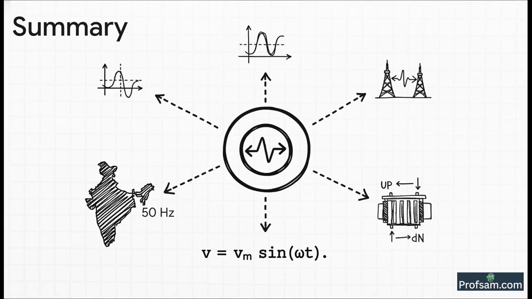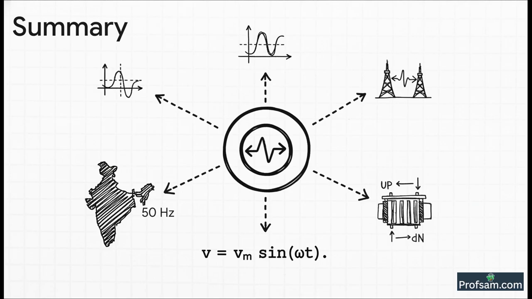AC is current that oscillates following a sine wave. 2. It transfers energy, not charge, over long distances. 3. The voltage is described by the formula V of t equals Vm sine of omega t. 4. In India, the standard grid frequency is fixed at 50 Hz. And finally, AC is used all over the world because transformers can easily step up or step down its voltage,